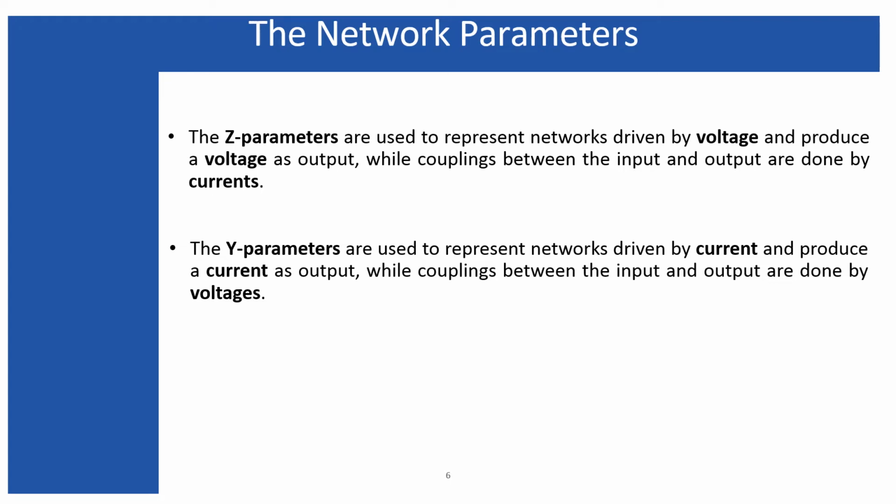But what if the coupling is not in a straightforward manner? For example, if the input voltage is represented in terms of the weighted sum of the input current, but the output voltage is represented in terms of the output current and input voltage, or the opposite. So there will be a hybrid mix of input voltage, input current, output voltage and output current. Then the straightforward method of the Z parameter and Y parameter may not be applied, or it can be applied, but it will be a cumbersome process to find the input impedance, output impedance, or the internal parameters for a given network.